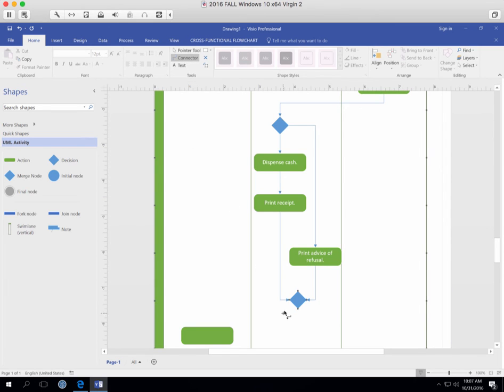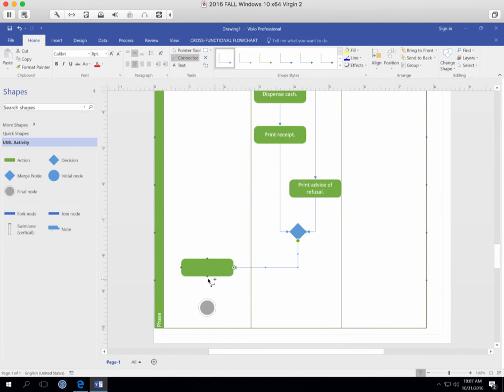Maybe I didn't have to do that, but I want to be sure. And draw from the bottom to the side of this guy. And then draw from the bottom to the termination symbol. And I don't have any text in this last one, so let me double click on that guy. Print advice or refusal, and